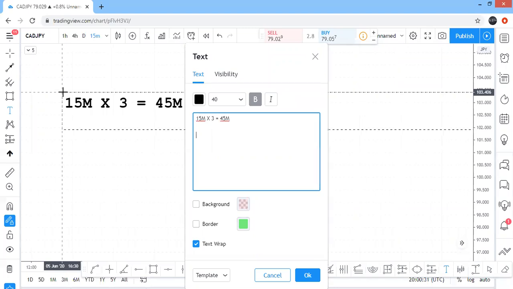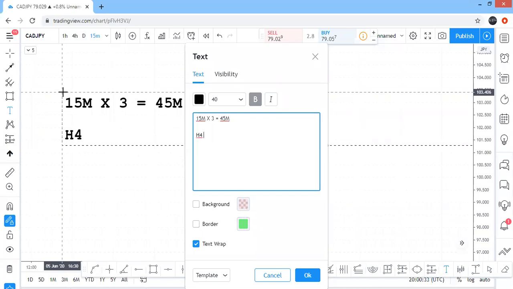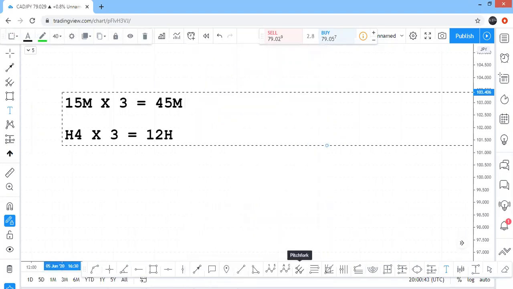I am an advocate for the H4, 4 hour time frame. So if you're waiting 3 times that time frame, you're waiting 12 hours to see it going in your desired direction. This gives peace of mind. And this is why I go back to my saying that you need to spend less time on your charts. So if you enter, you have 1 hour to analyze all your trades, you enter, and you're now waiting 12 hours to see how you go. You now know why I say no more than 7 to 10 hours on your trades.